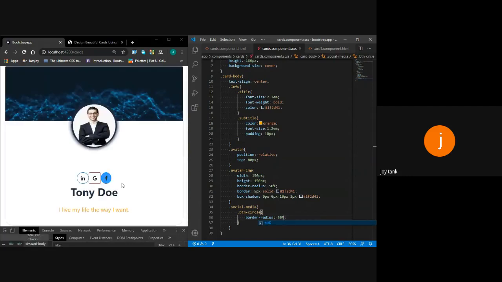So this button has come in circular mode. I also want some margin within this group of buttons, like spacing between the buttons. So I will use the margin property of 10 px to give spacing between the buttons.